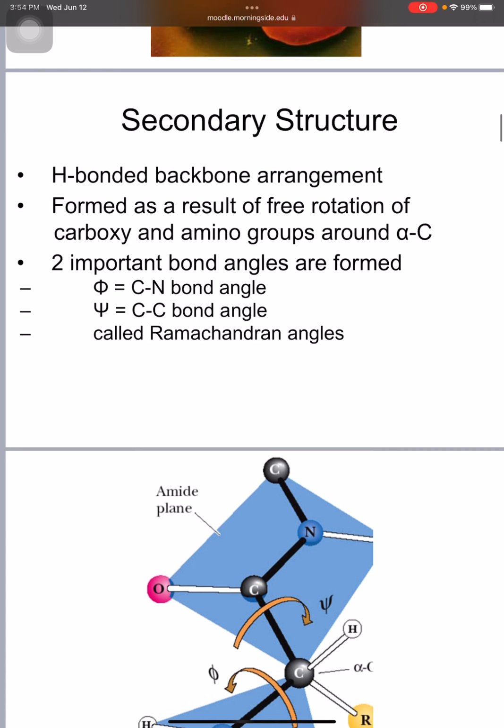Let's talk a little bit more about secondary structure. All right, so secondary structure, as we said, is going to be the backbones, carboxy terminus, N terminus, and alpha carbon. And secondary structure is highly dependent on hydrogen bonding. Specifically,